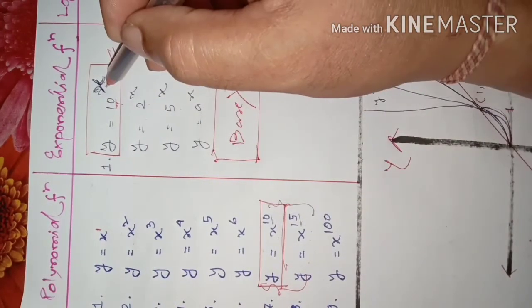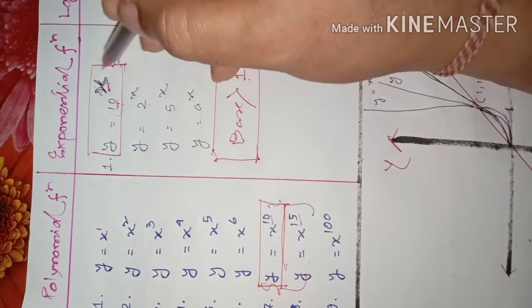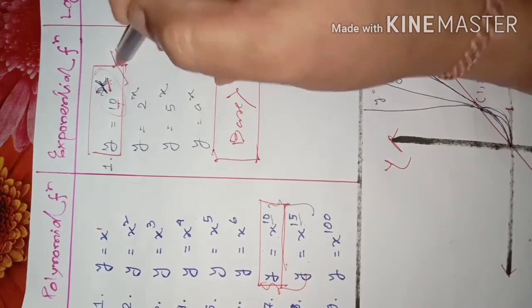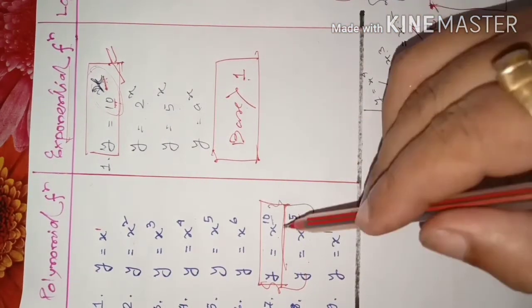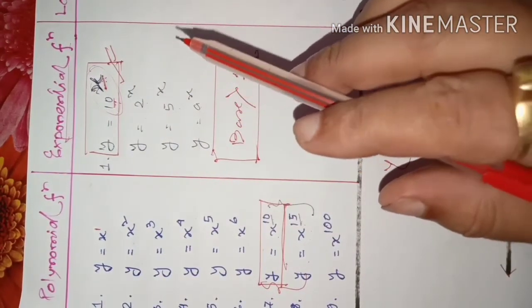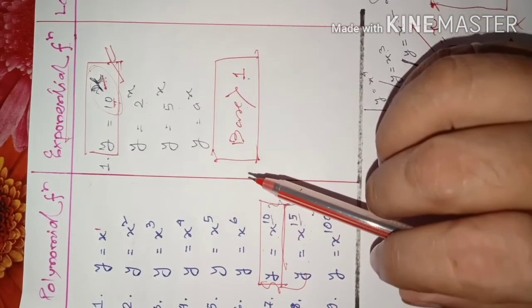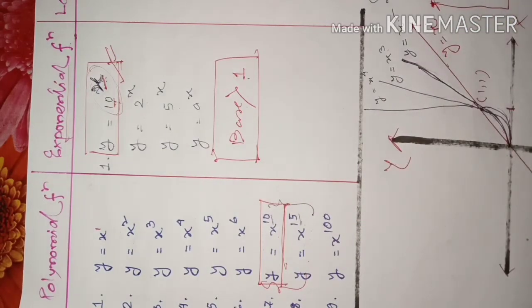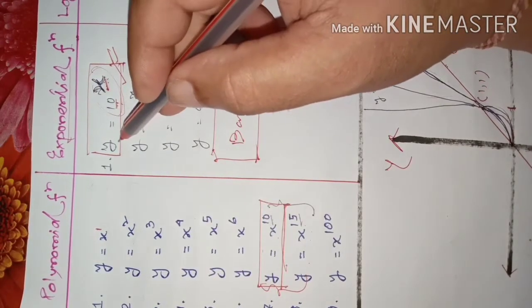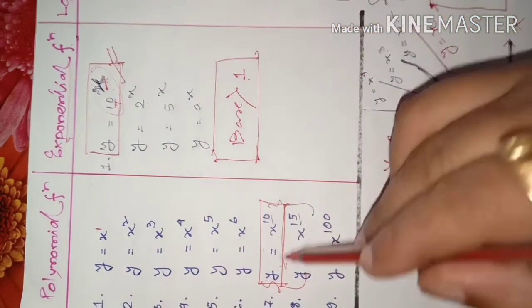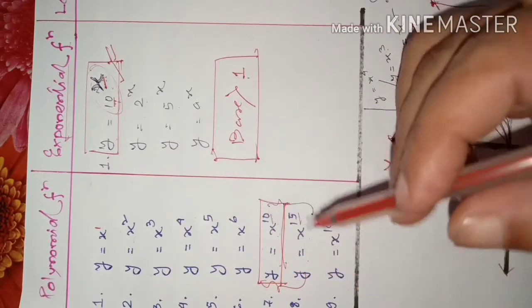So if the exponent of a function is a variable, then that function is called an exponential function. So what was my question to you? Is there any function whose growth is faster than the polynomial function's growth? Our answer is yes. Let us see whether our answer is correct or not. Let me take y equals 10 to the power of x and y equals x to the power of 10. I am trying to see their growth.